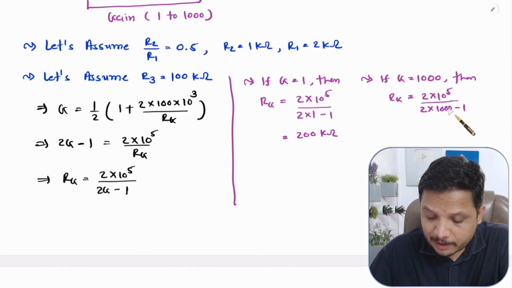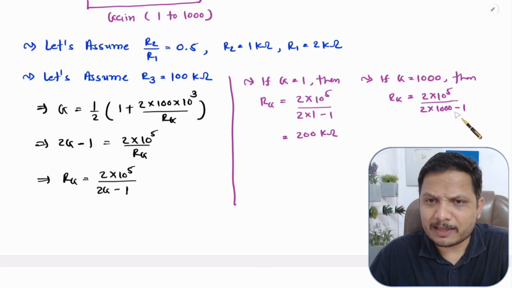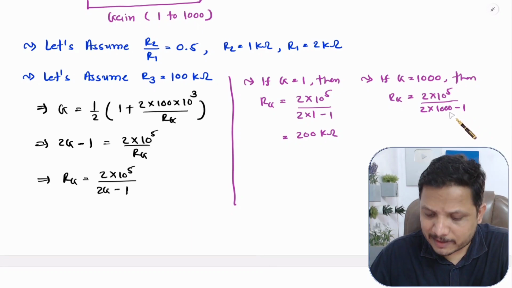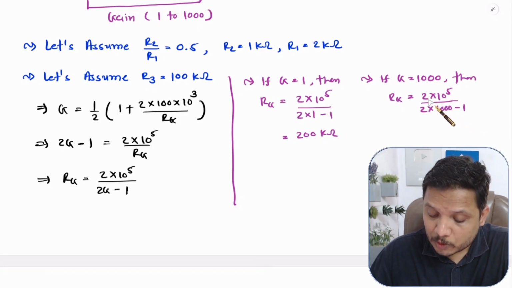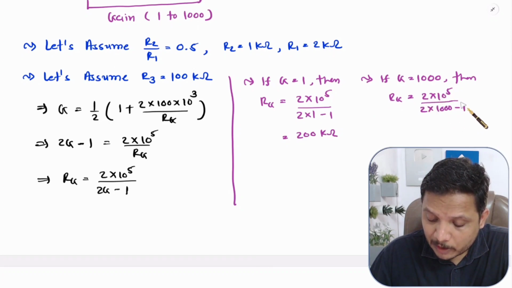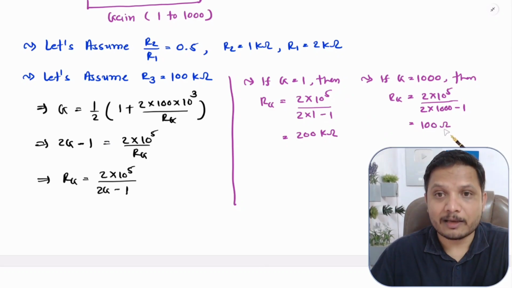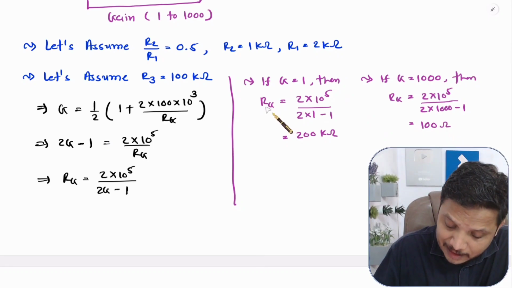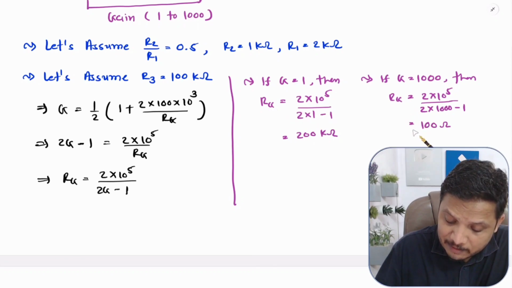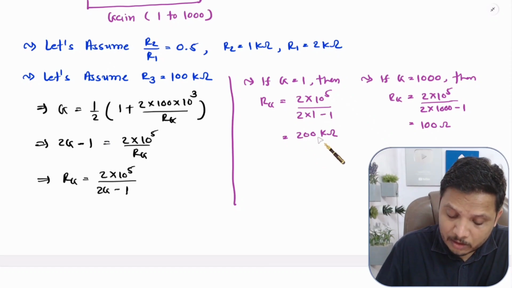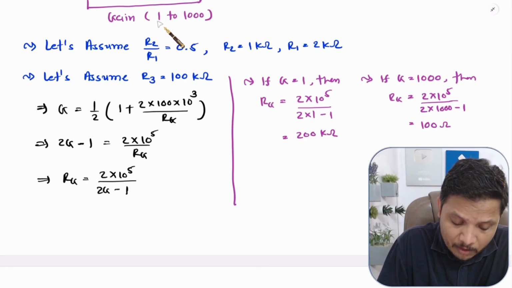Now if you observe the denominator part, that is 2000 minus 1, so that is 1999. Approximately you can say that is 2000 only. So 2 into 10 to the power 5 divided by 2000 will result in an approximated value of 100 ohm over here, right? So here Rg is ranging from 100 ohm to 200 kilo ohm for a variation of gain from 1